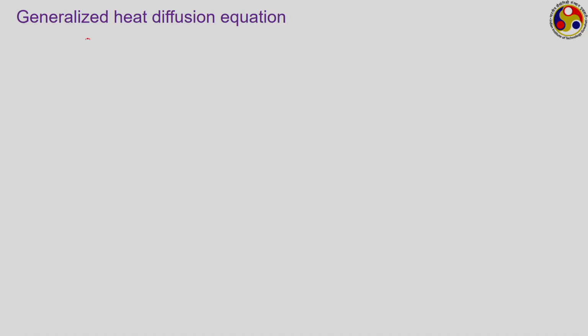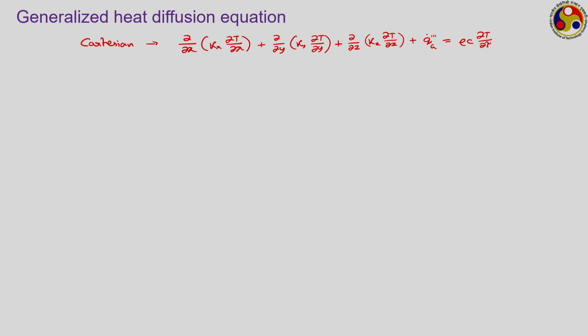If I write first in the Cartesian or rectangular coordinate system, so in the Cartesian coordinate system our basic heat diffusion equation was of the form dou dou x of k x dou T dou x plus dou dou y of k y dou T dou y plus dou dou z of k z dou T dou z plus q 0 triple prime is equal to rho c dou T dou t, where k